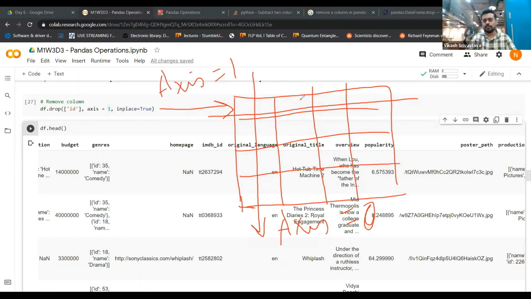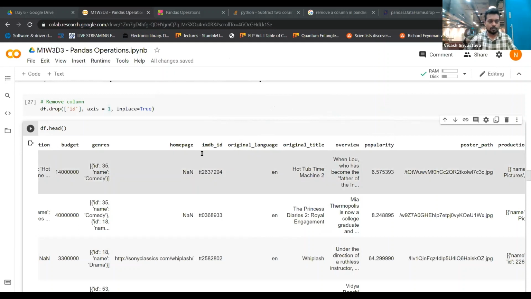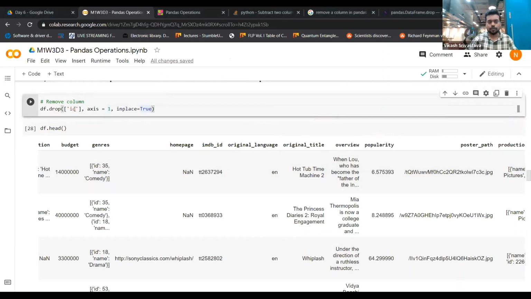So you don't have to worry much about it. You'll understand this particular thing when we work our way through different examples, right? But for now, just keep in mind that axis is equal to 0 deals with all the rows for a single column, and axis is equal to 1 deals with, let's say, multiple columns for a single row. Okay, so let me just clear this. So what I will be saying here is drop this column, and we have provided axis is equal to 1, as in